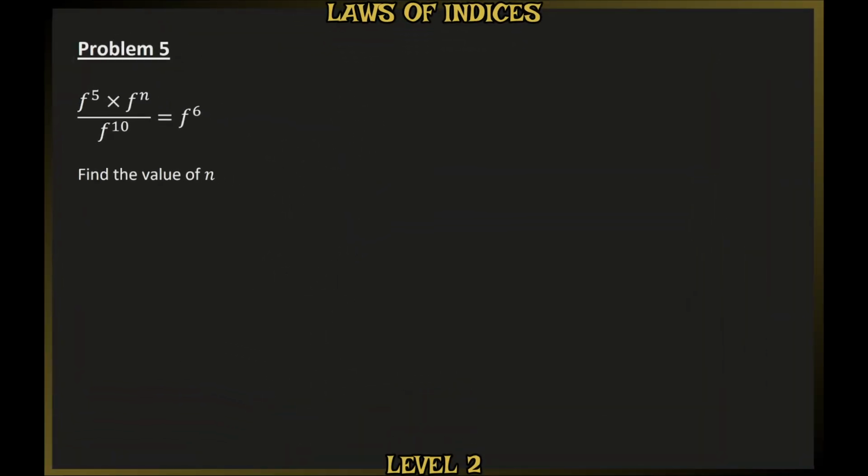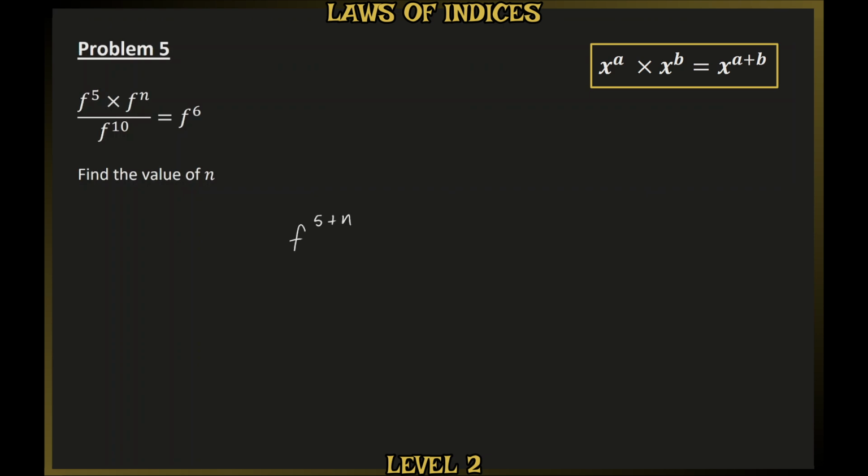In problem 5, we're told that f to the power of 5 multiplied by f to the power of n, all over f to the power of 10, is equal to f to the power of 6, and we're asked to find the value of n. Starting with the left-hand side and looking at the numerator, we're multiplying indices together. So to do this, we use this law, which tells us that when we multiply indices together, we add the powers. So the numerator becomes f to the power of 5